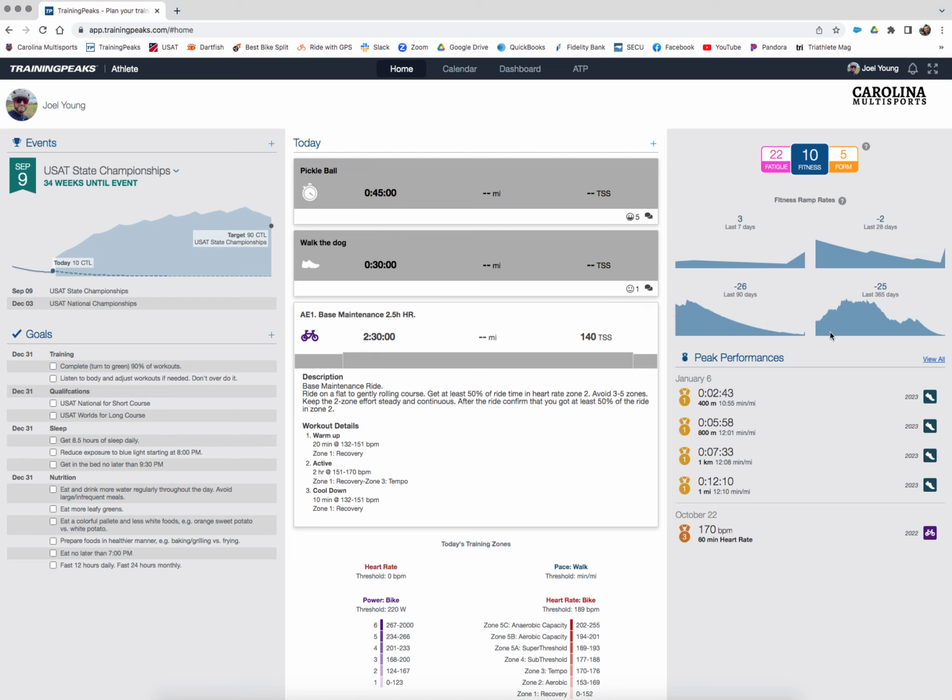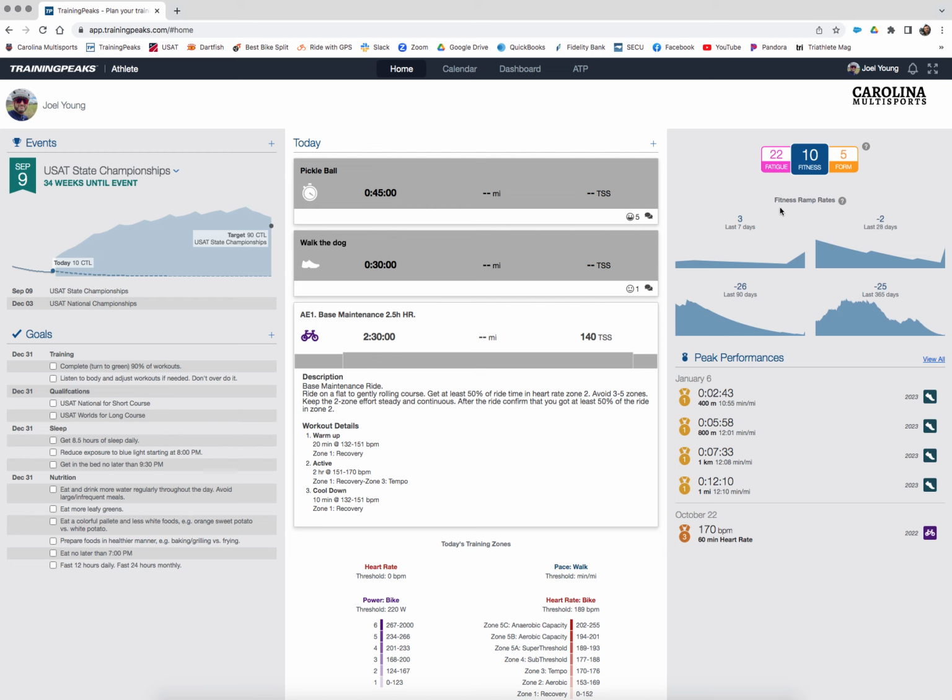And then you can see over the year, I built throughout the year, I maintained my fitness, and I raced, and then I reduced that fitness and then took some time off for the holidays. And so as an example, you can see that very clearly here in these little graphs, which is really neat. Just a quick explanation of these numbers.